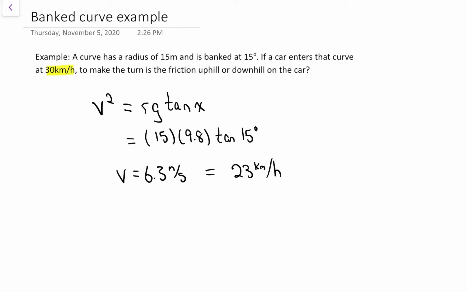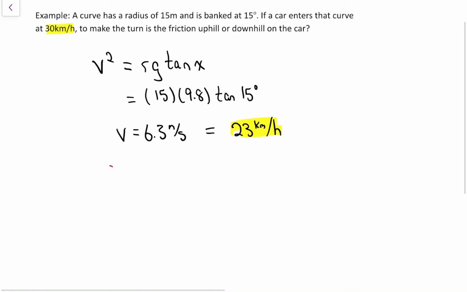The last step of our banked curve question is to do a bit of logic. The question says a car goes into the curve at 30 kilometers per hour. The physics says the fastest the car could go if there were no friction was 23. Since we're going faster than that threshold speed,